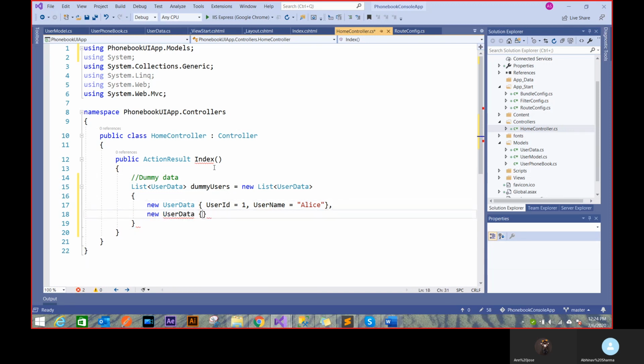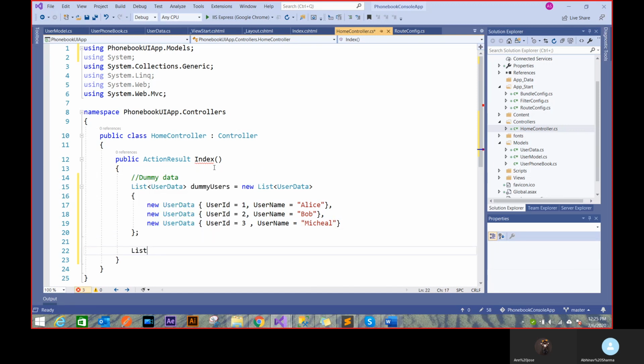User data. As you can see, this is a new kind of syntax, but that's the way you can put a shortcut rather than putting initialize. Basically, I'm pre-filling data at the time of initialization. That's also possible. And user data, ID, and I can put 3, and I say Michael. So those are my users.